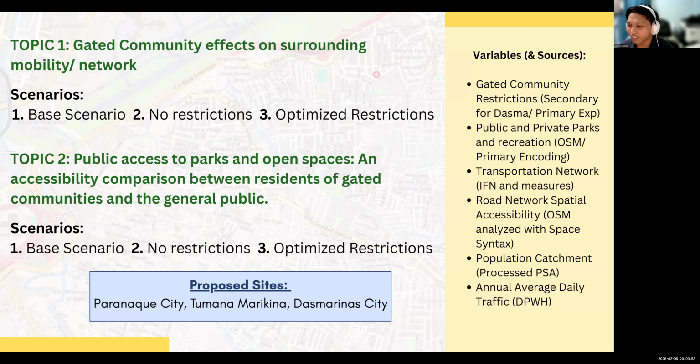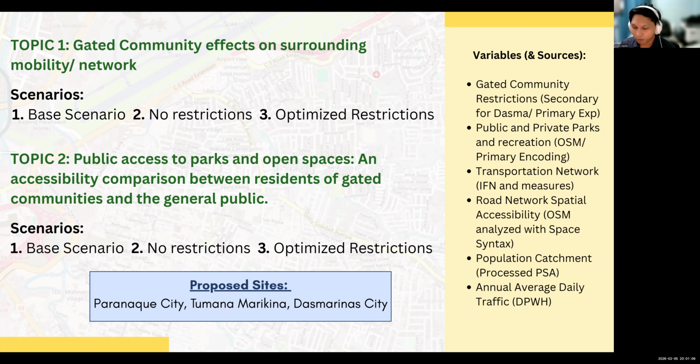For road network spatial accessibility, this is one of my research areas too, so I will be trying to integrate that in this project and explore.